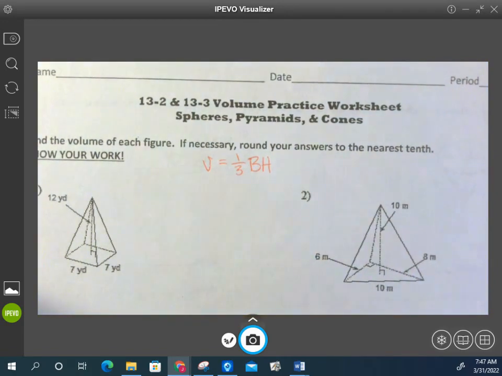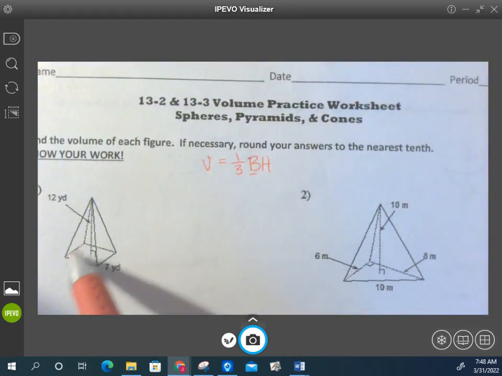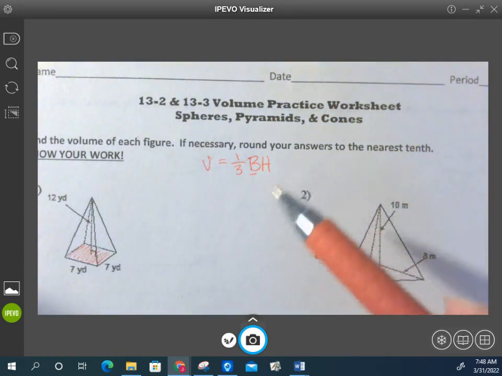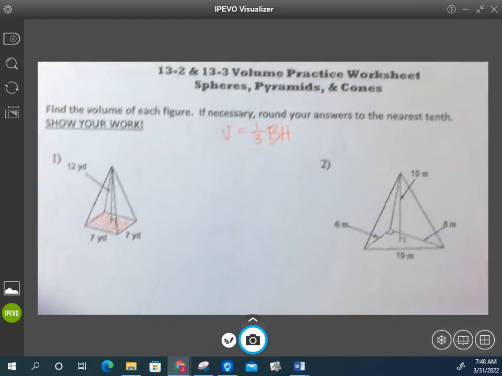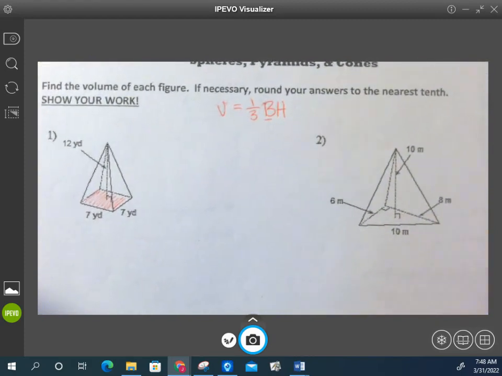Now, when I talk about the capital B, that's the base. So if this is a square or a rectangle or a triangle, that's the area I'm looking for. And the height, that is the 90-degree drop, that altitude. So I don't want a slant height. All right, so if you look at number 2,